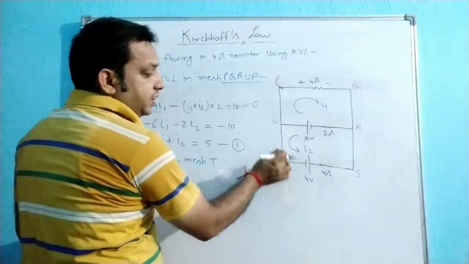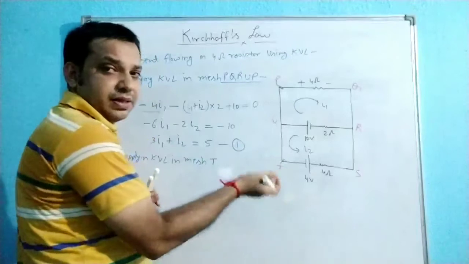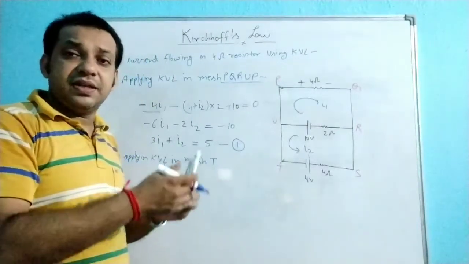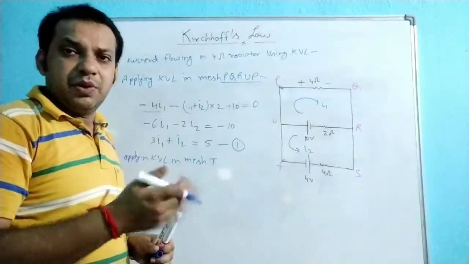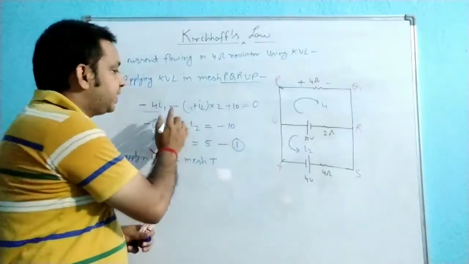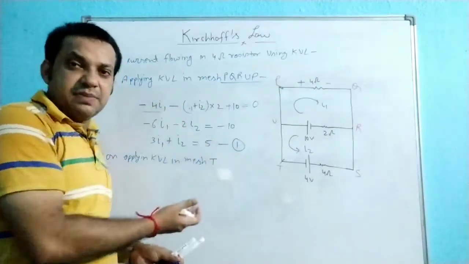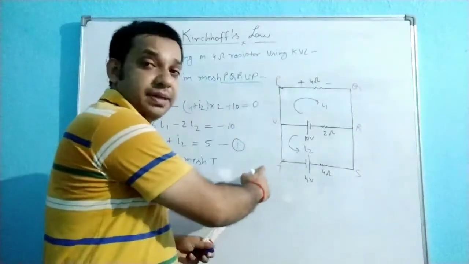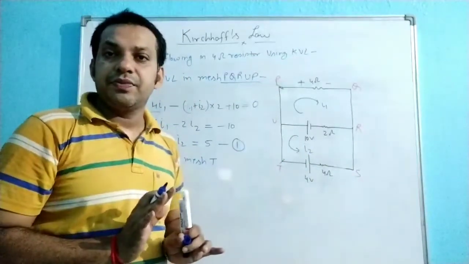You can take either T, U, R, S, T, like this one, but it is better for your simplification. When you solve 1, 2, 3 questions, after that it is easy to identify why I am taking the mesh in the direction of the assumed current. Because whenever there is an I into R, every time you will get a minus before that. This time I am saying you have to check whether I into R is a plus or minus. But if you are taking the mesh in the direction of the assumed current, every time you are getting minus. That becomes easy.